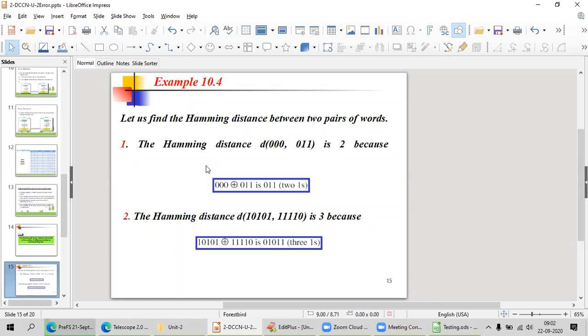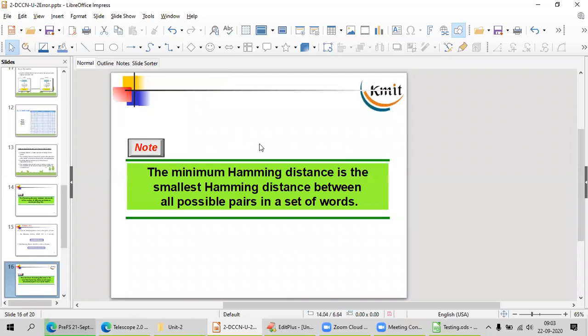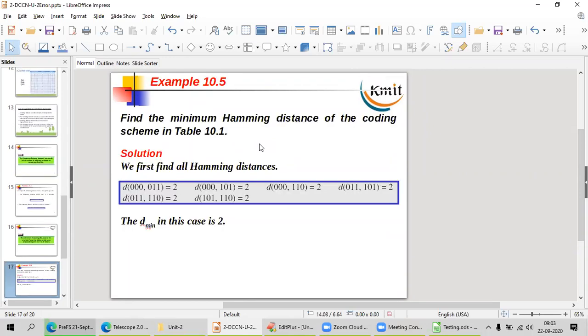Okay, let's find the Hamming distance between these pairs of data. We have learned how Hamming code works in error correction, code generation and code checking at the sender and receiver end at the data link layer. The minimum Hamming distance is the smallest Hamming distance between all possible pairs in a set of words.